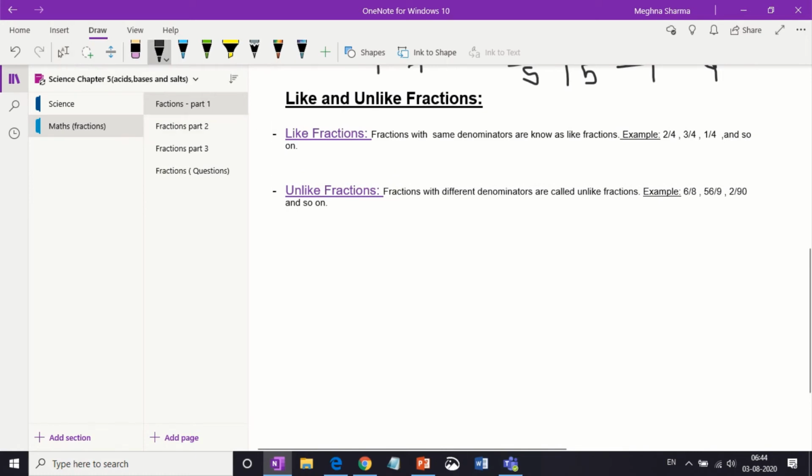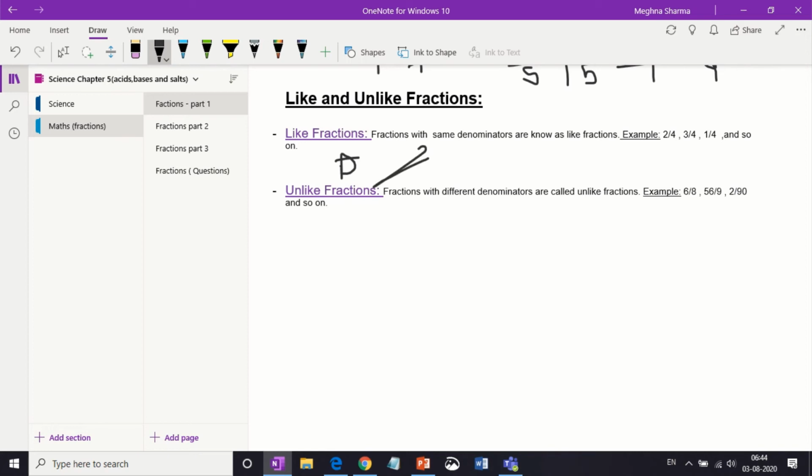Now what is the denominator? The denominator is the down part. And like fractions, you cannot tell with one fraction whether it is a like fraction or not. You should have at least two or more to tell whether these are like fractions or not. If all the numbers have the same denominator, which is the total number of parts, they are considered to be like fractions. In this example,